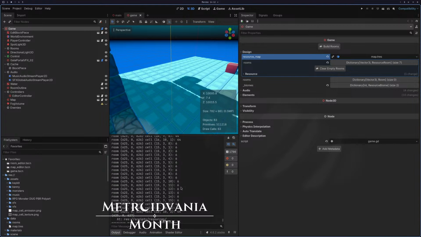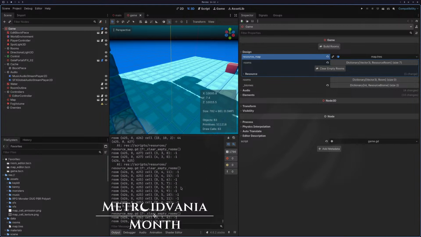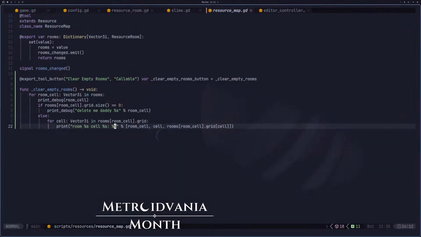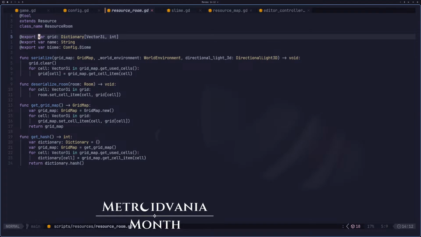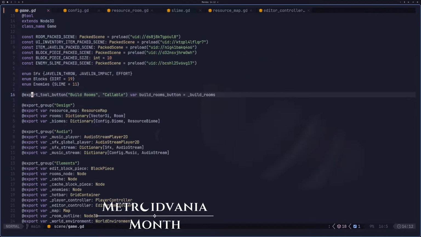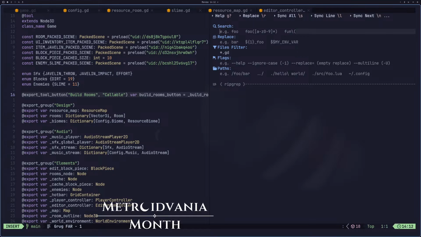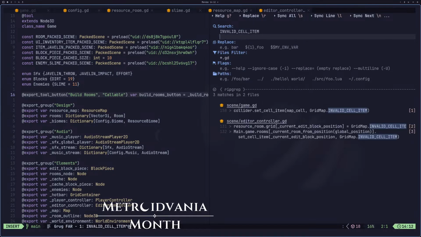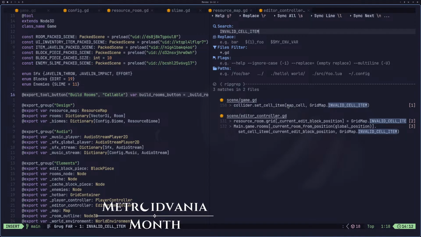Look at all these negative ones. Okay. So if we set the cell to -1, we clear it. And if we're doing that, we should delete it. So where are we setting invalid cell items? So we're doing that on set cell. So really,